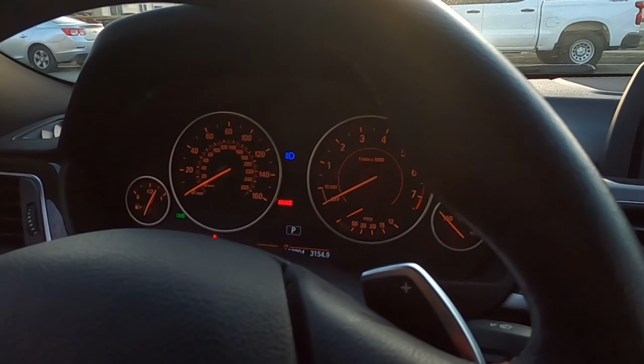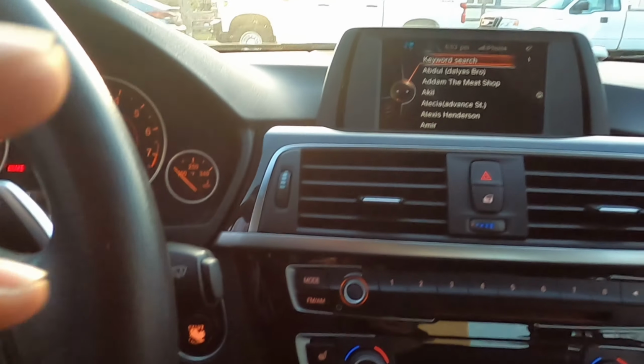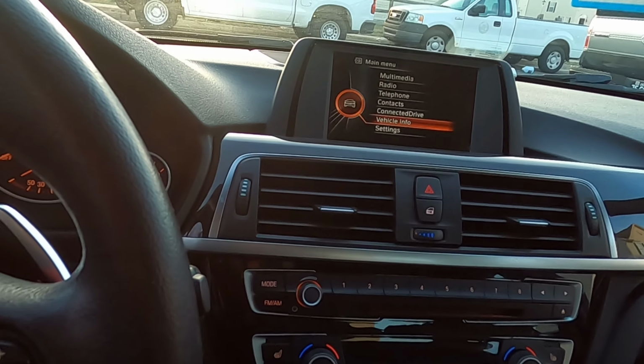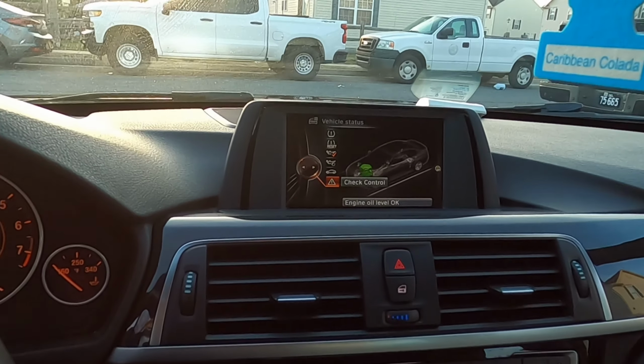And with this being coded, we're not going to get any codes or any headlight errors in our dash here. So menu, vehicle status, check control,